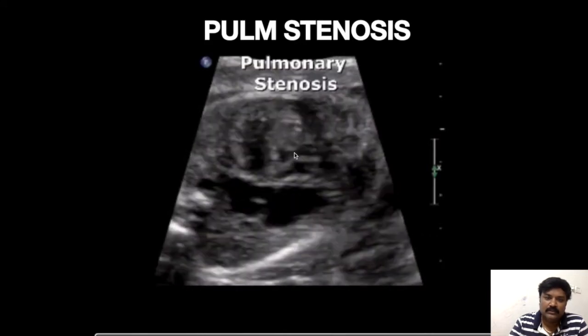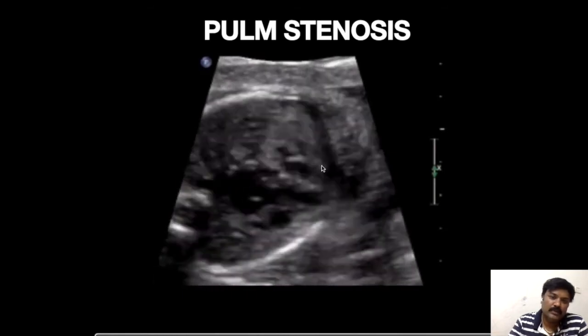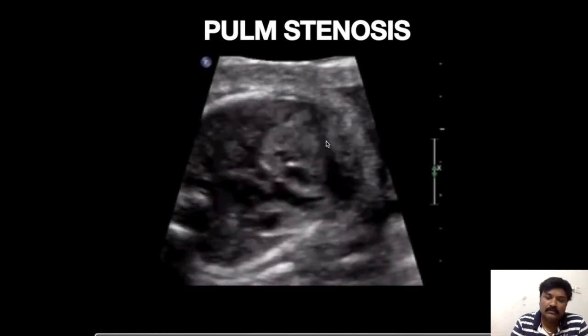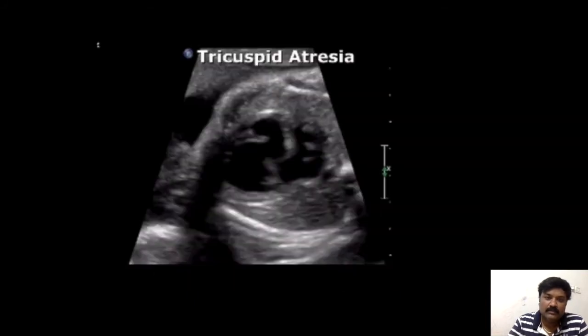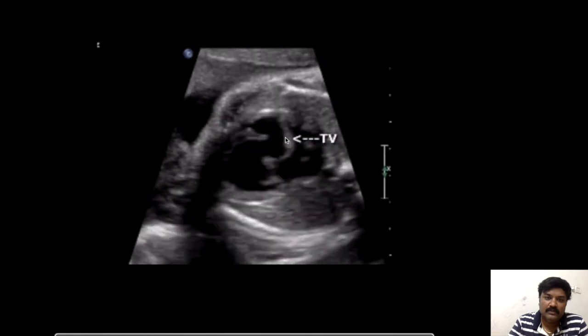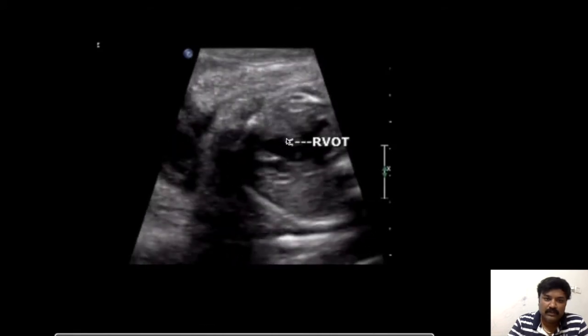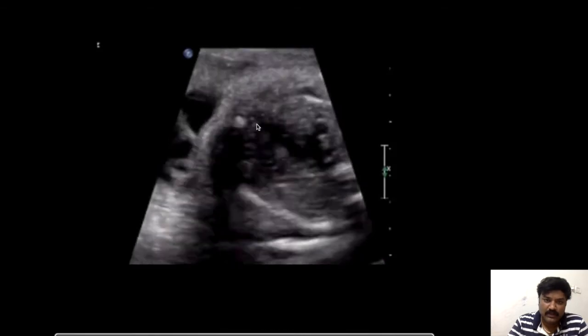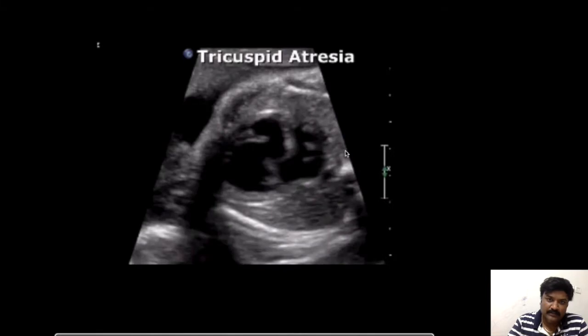So, if you are seeing this kind of finding in the four-chamber view, you need to look at the right outflow tract for obstruction. Tricuspid valve is thick, echogenic, and almost stenotic with a small right ventricle. So, tricuspid atresia.